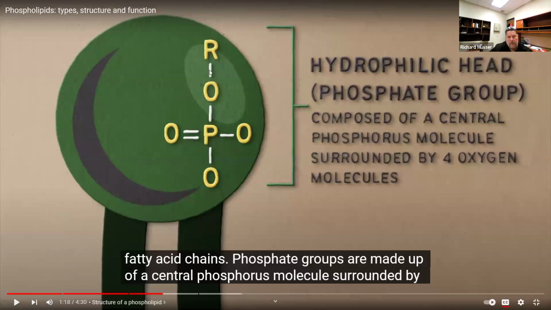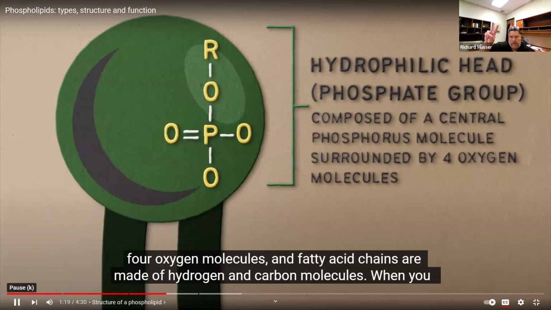And then this oxygen has a bond with R. R means the rest of potentially different types of atom structures. So just realize that R is not an atom. It's almost saying the rest of the compounds that could be added to it. So it can represent quite a few different things, and you'll see that in a moment.